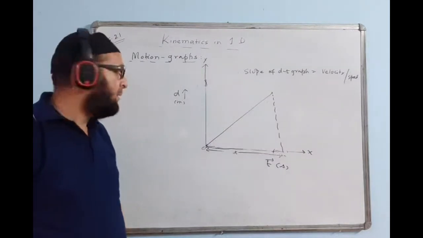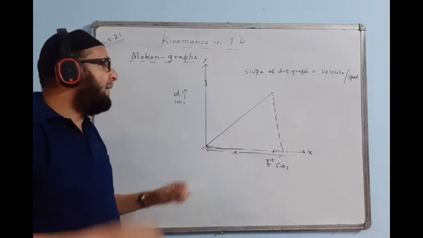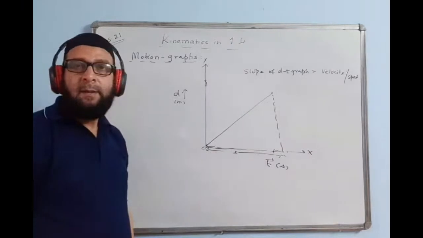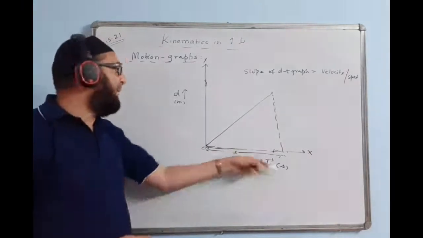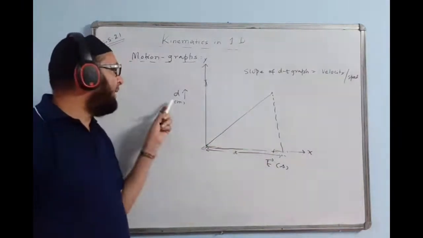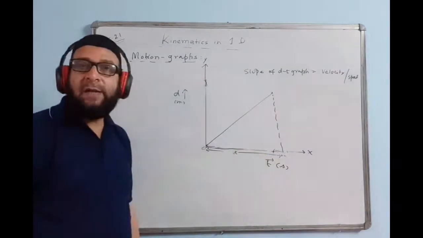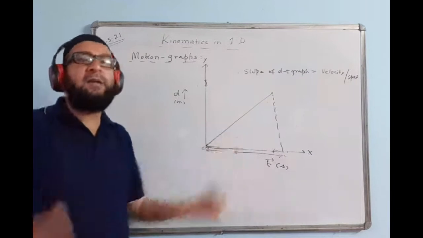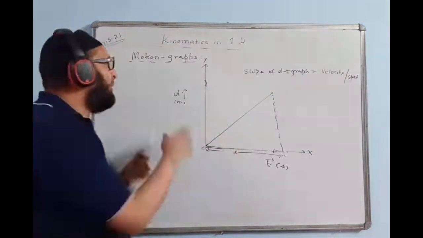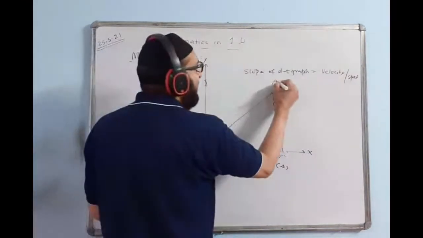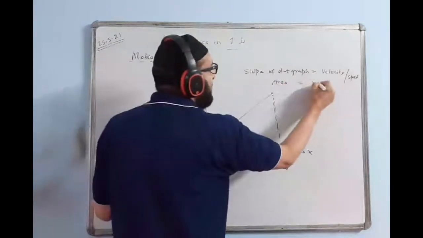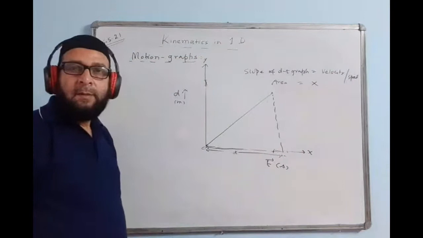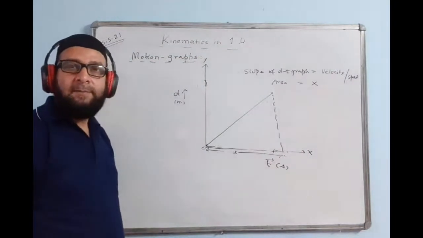We'll check that. Area means you have to multiply, because the formula is half into base into height. Time into this one, when you multiply, it is like meter into second. Do you get anything from meter into second? We don't get anything. Meter into second gives nothing. So the area of the dt graph is insignificant. We'll just put a cross mark there.